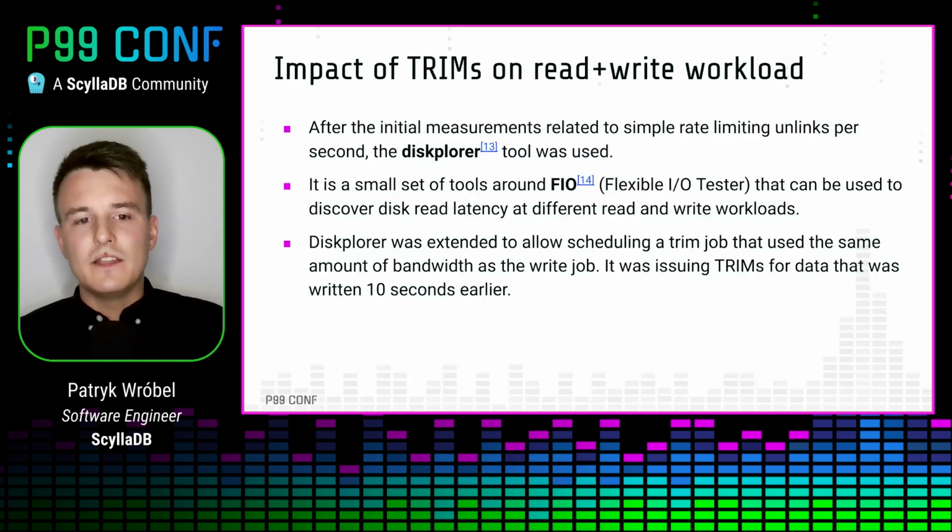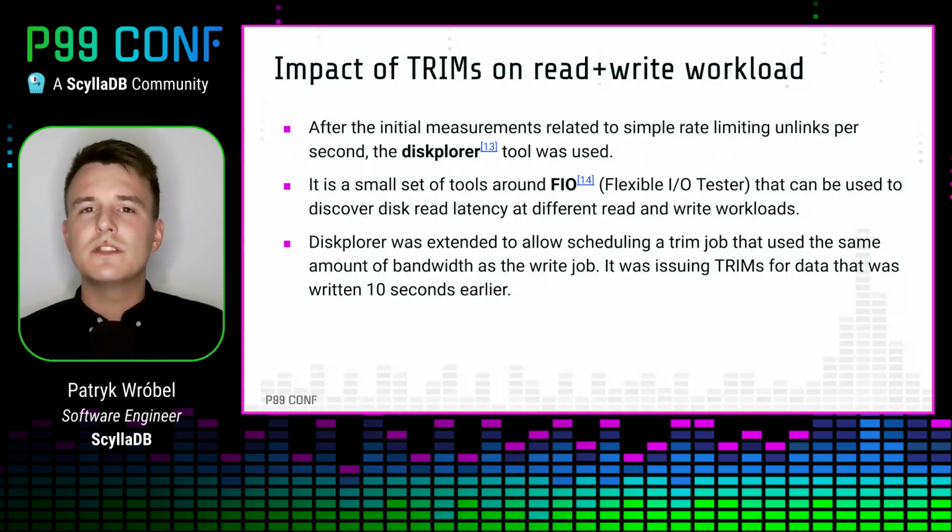So at this point, it more or less started to be clear that the problem is related to the online discard mount option. So we wanted to somehow measure the impact of a single trim operation on read and write operations. In order to do that, the Diskplorer tool was used. It is a set of scripts around a flexible IO tester that allows users to get read latency for different read IOPS and write bandwidth used for different combinations. And the idea was to extend that tool